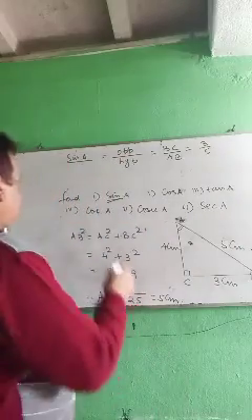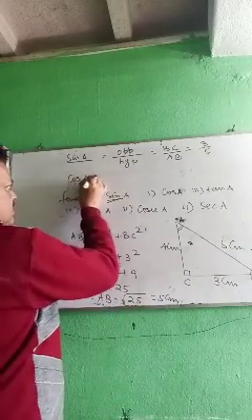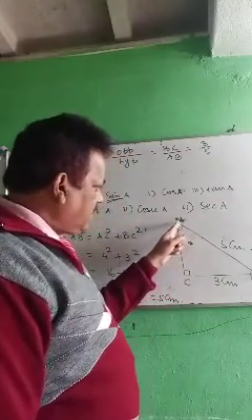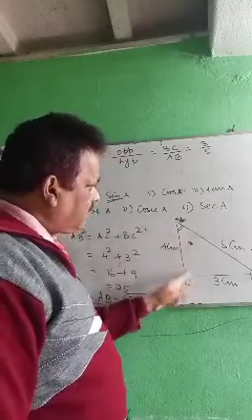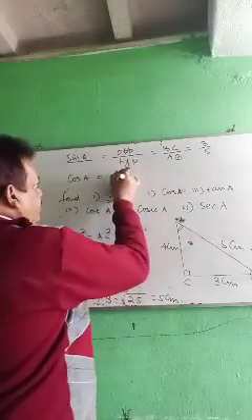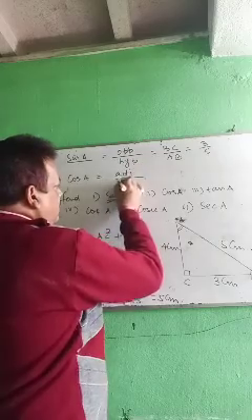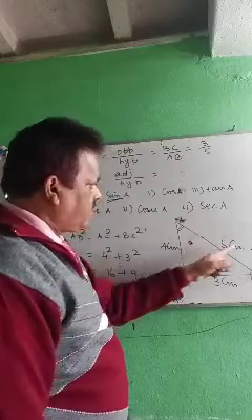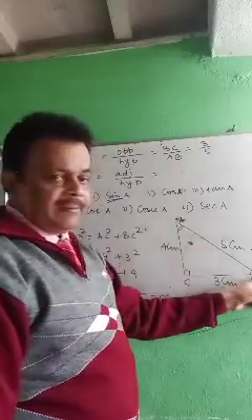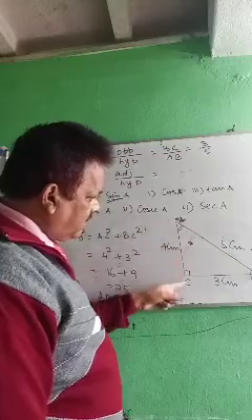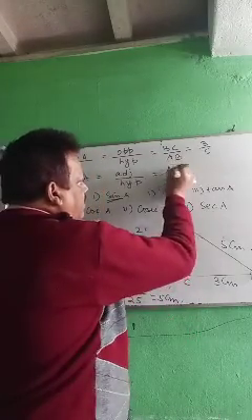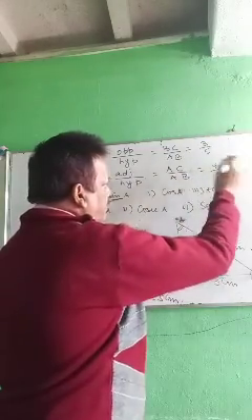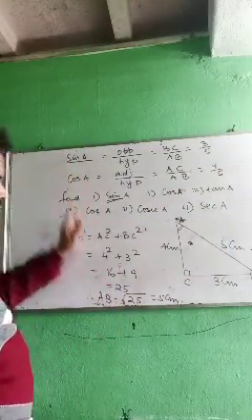Okay. Now let's find cos A. What is cos A? Cos का formula is A का adjacent by hypotenuse. So adjacent means 4. 4 means AC by AB. Adjacent. A का adjacent means this one. AC by AB. That means 4 by 5. You got sine, you got cos. Now let's find tan.